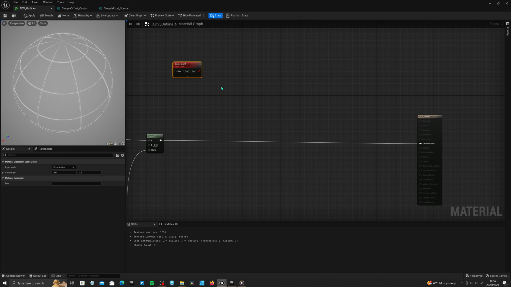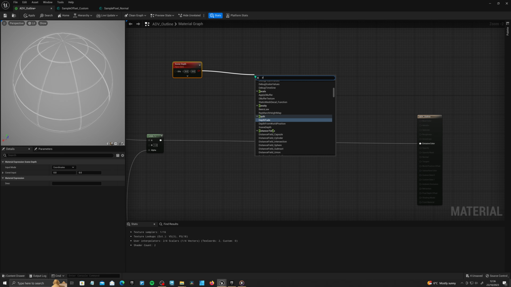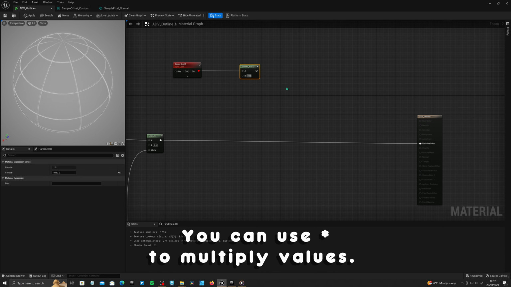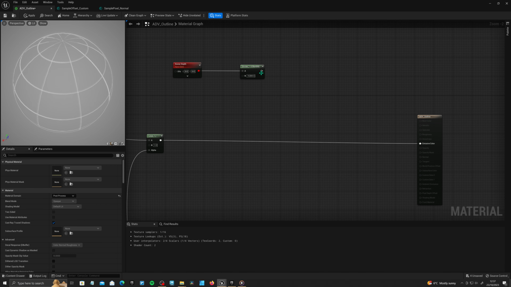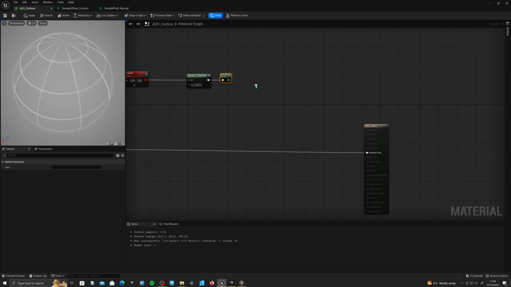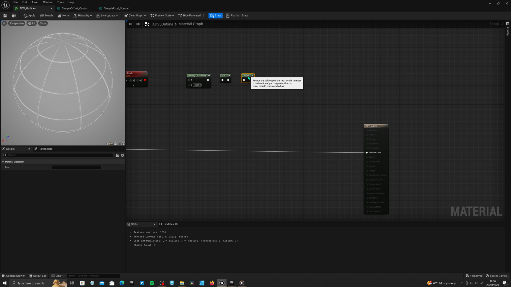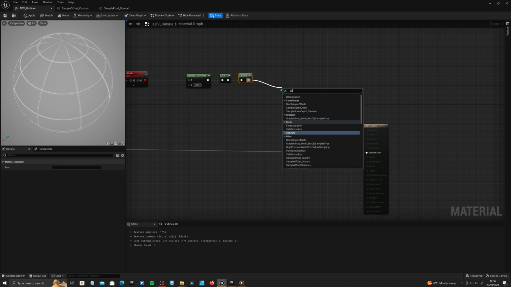like this guy here, and we divide this. So let's multiply this by a really big number. So what I usually do is 1024, and then I use the asterisk multiply, and I multiply it by 16, like this. So if we drag out here, and 1 minus, like this, and then we round, and then saturate,